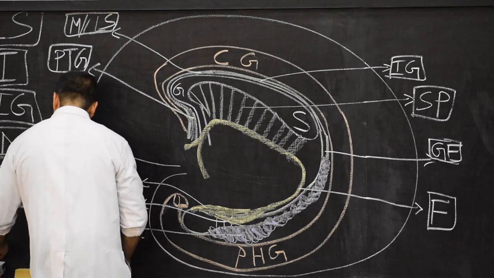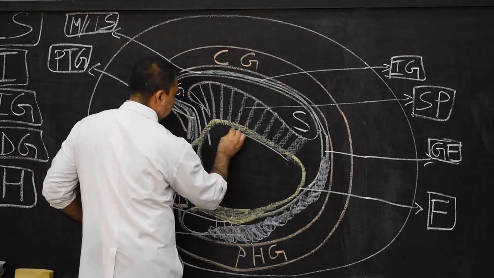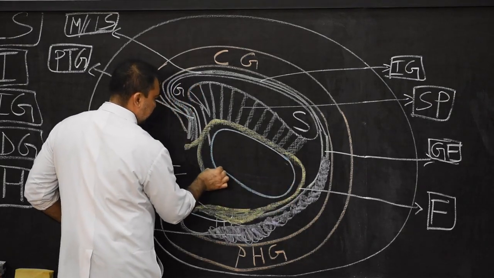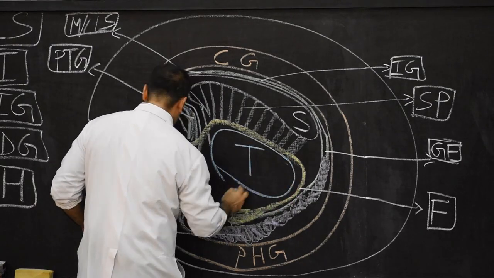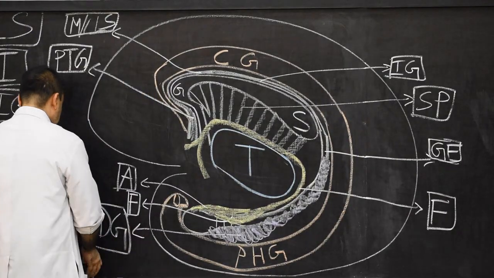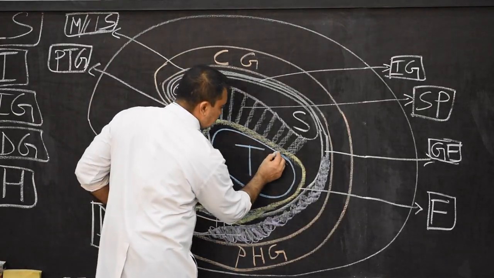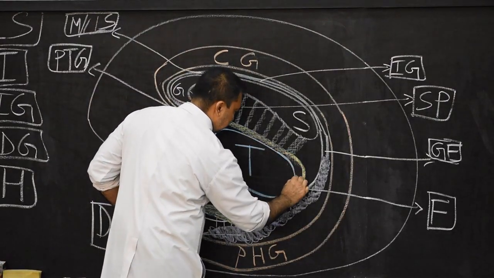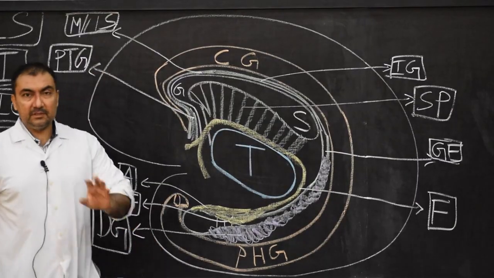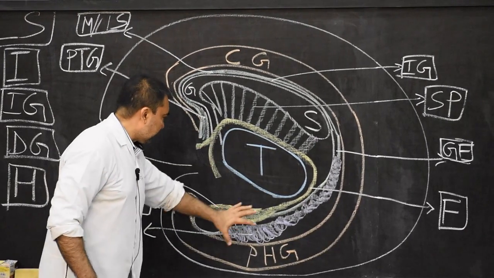And in the middle here, in order to complete the diagram, we can show that this structure will be the thalamus. This is the structure of thalamus, with the fornix curving around the posterior surface of the thalamus. So here we finish the entire introduction of the hippocampal formation. This is our introduction here.